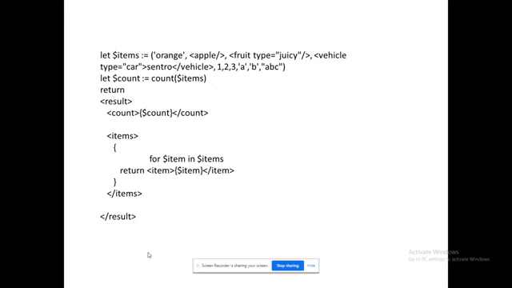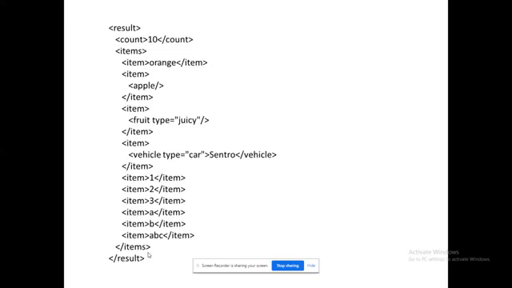What is it going to return? It is going to return the count, and it is going to return the items available in the array. For that only we are having that for loop. So the items tag will generate, within the items tag, the items which are available in the list. So in the list there are 10 items. I think this output will be something reasonable, right?